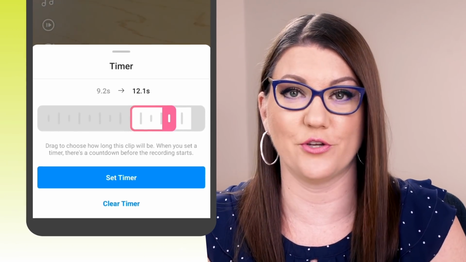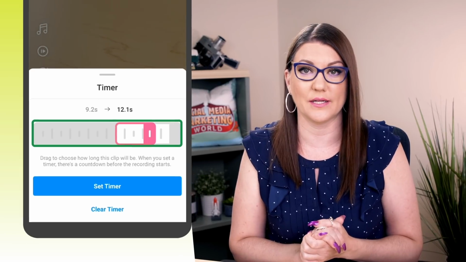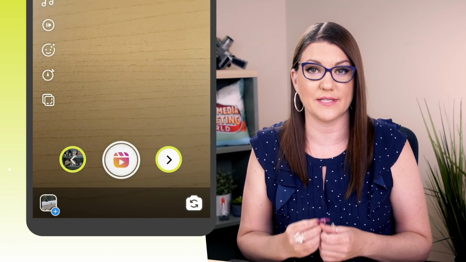Additionally, as you film multiple clips back to back, that red bar will designate where one clip ends and another one begins, as well as how many clips you have. If you didn't want to manually press and hold the shutter button, here's where you can use that timer feature. Drag the timer to where you want it to start and stop recording and be ready to go. When you have finished recording that clip and you release the shutter button, you will see 2 arrows appear, one on either side of the shutter button.